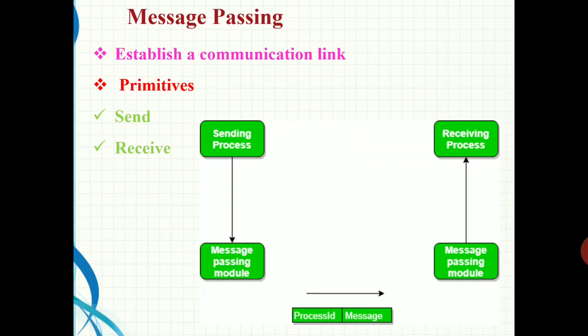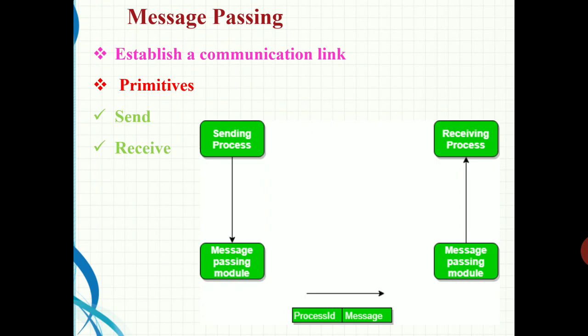Now coming to the message passing method. In this, the processes communicate with each other without using any kind of shared memory. There is no common memory for this set of processes in the system. So by using message passing methods, the processes interact with each other. If we consider two processes A and B that want to communicate with each other, then they will follow some steps to perform the message passing.